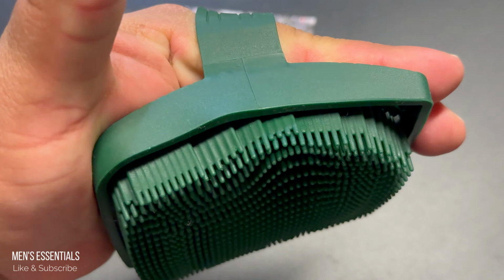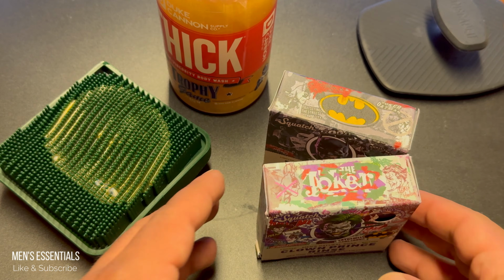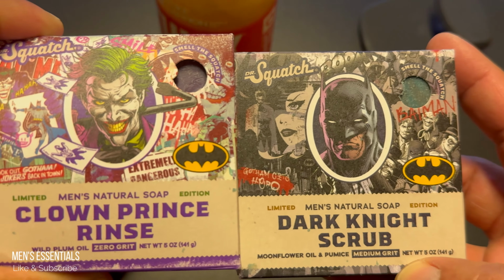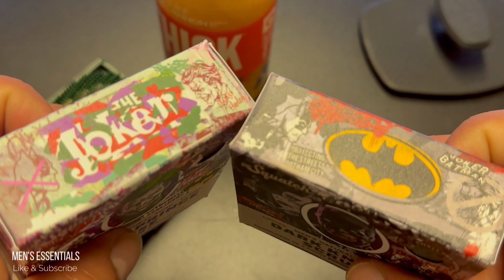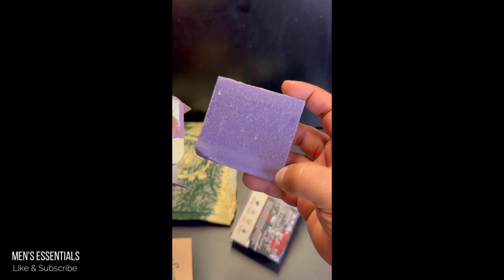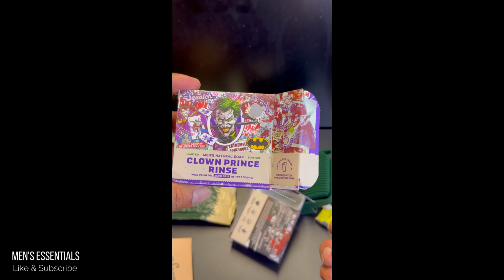That's another reason why I think this is a better product. Another way that I tested this one out was with some soap. I actually tested it out with one of Dr. Squatch's new soaps, the Clown Prince Rinse. I also have the Dark Knight Scrub, which is their Batman version. This Clown Prince soap is the Joker one. I'm going to be dropping a review about both of those soaps really soon, so stay tuned to the channel